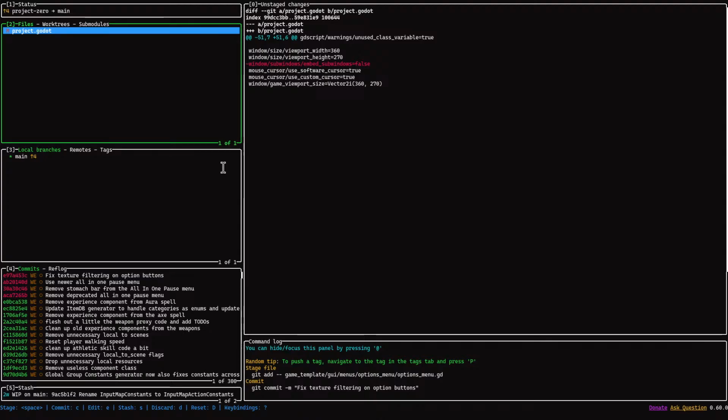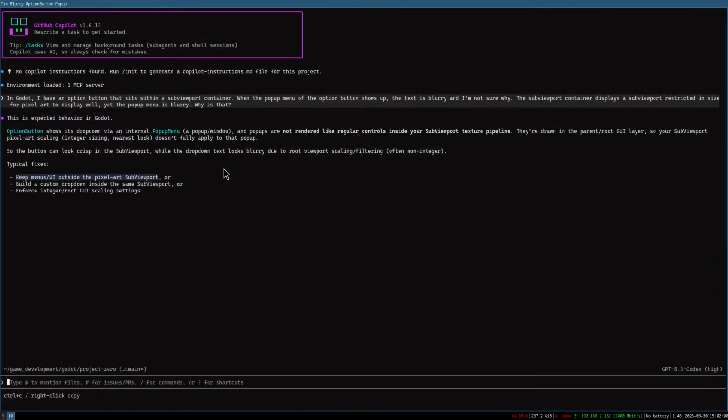And then let's vibe code something. Right now I have turned off project embed. I've turned on embed